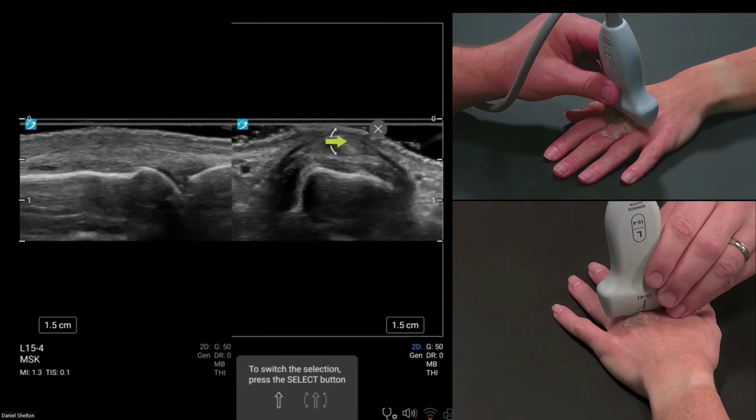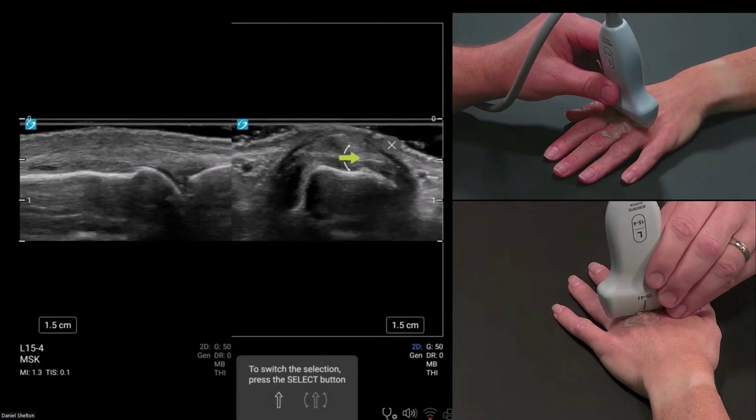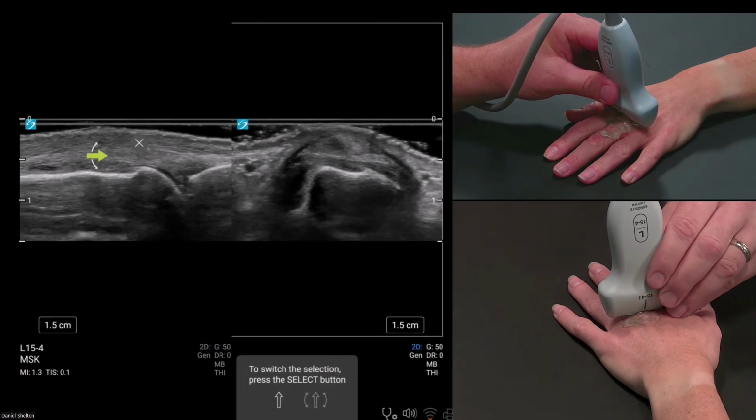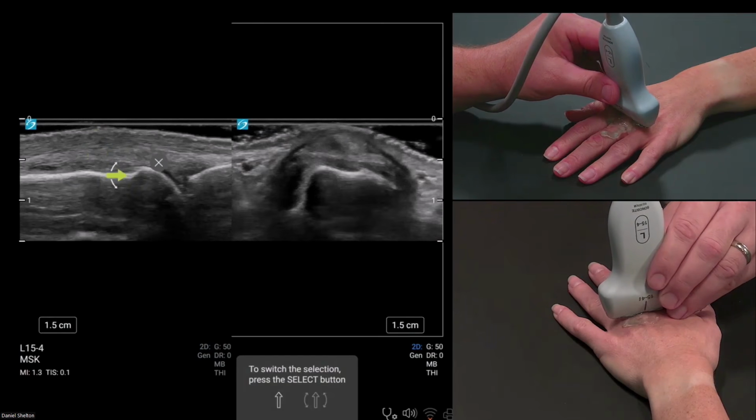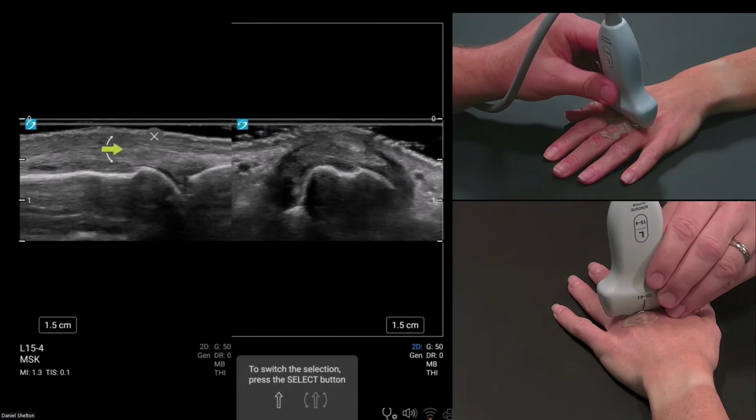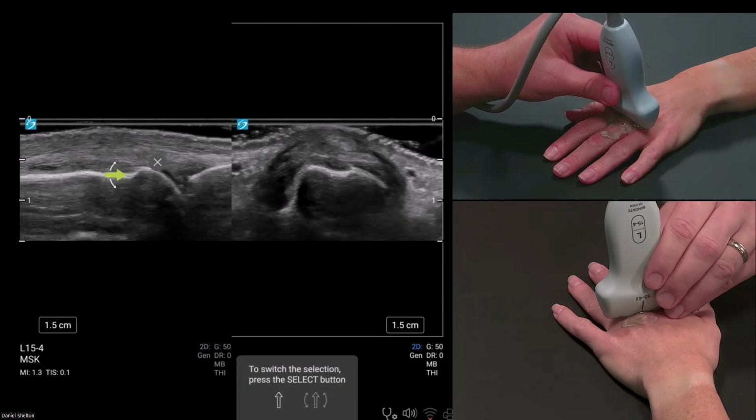So extensor tendon, long axis, deep sagittal band, and metacarpal notch. And you can see that reflected over here. So here we have a long axis extensor tendon, short axis, deep sagittal band, and then the metacarpal notch. So we're at the same level. So screen right is taking about this slice here, because I can see the metacarpal notch right here.